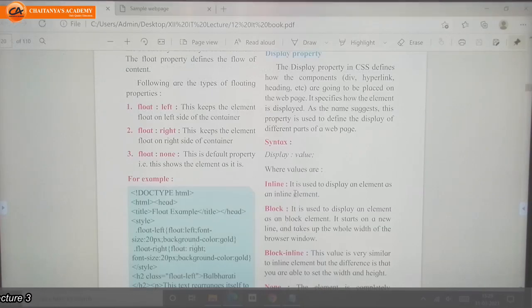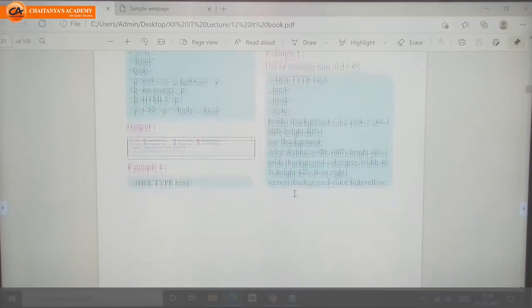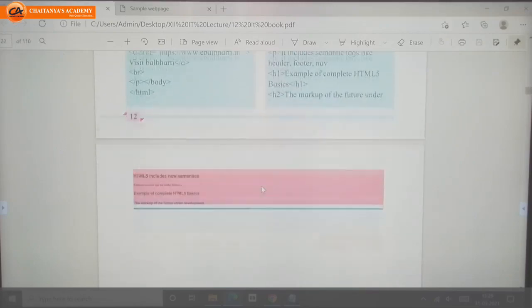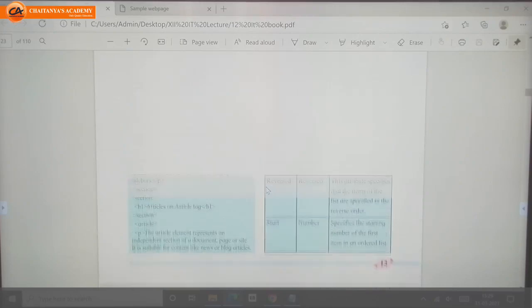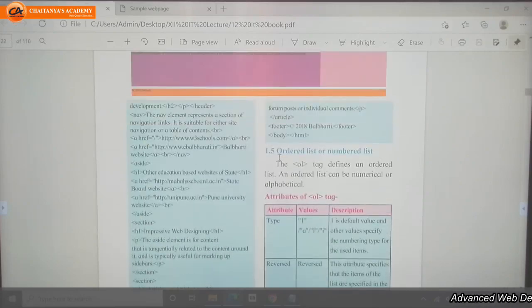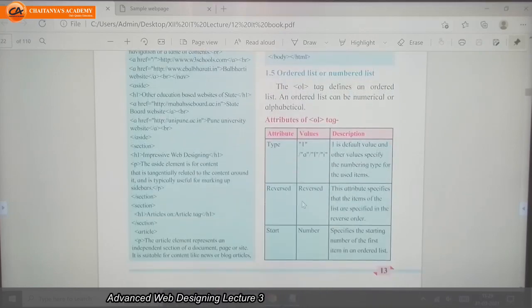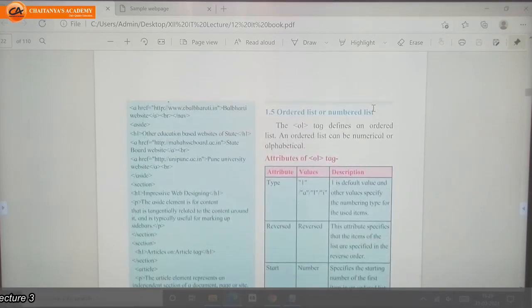Next is our list tag. In the list tag, we have two types of tags.